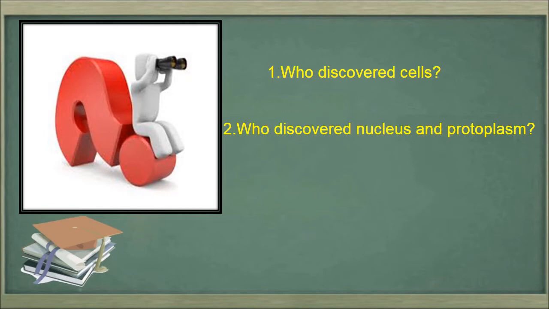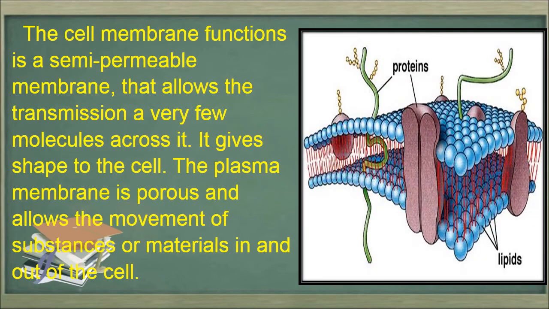Now question round. Who discovered the cell? Do you remember who discovered the cell? It was Robert Hooke who discovered the cell. Who discovered the nucleus? It was Robert Brown who discovered it. And who discovered protoplasm? This is homework for you. Find it out. If you have watched the PPTs and the videos properly, you will be able to.